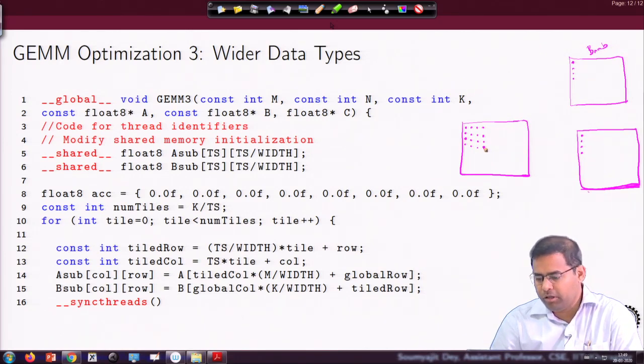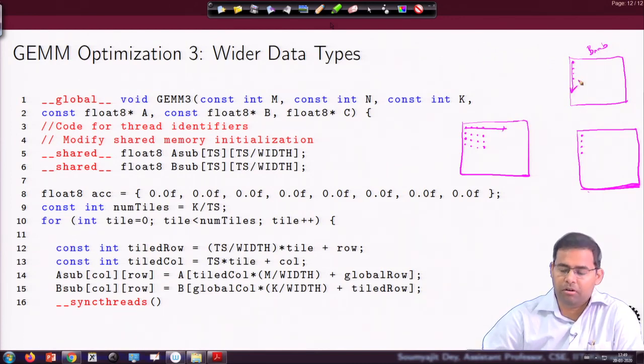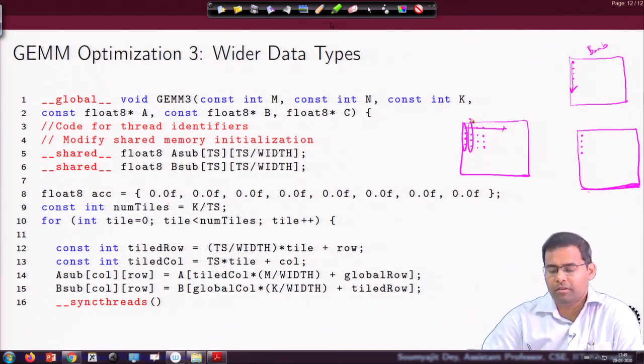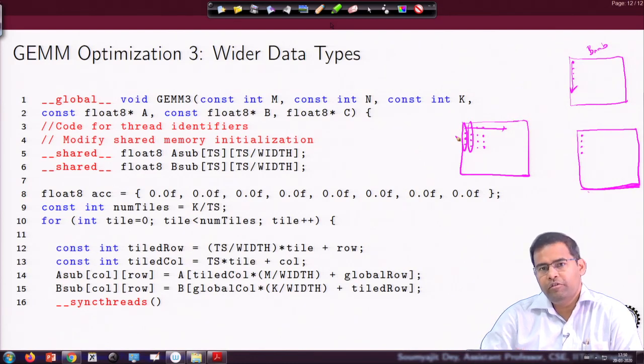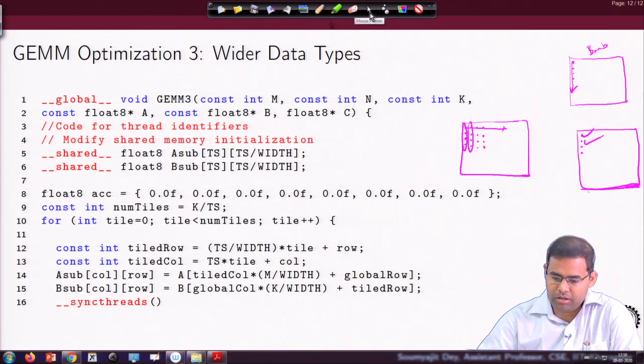The point I am trying to make here is that to compute this we understand that we have to go like this, but how is the data there in the variable? That is the problem. These consecutive data points are there in one location of A sub, the next set of values are there in the next location of A sub. That would mean I have to now look inside the value and segregate individual parts from the value and then use them to do component-wise multiplication and compute these values. Let us figure out what that really means.